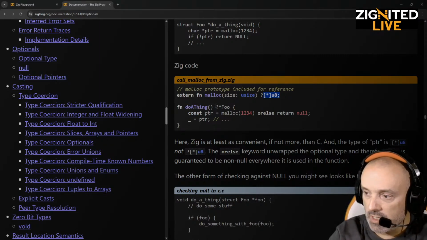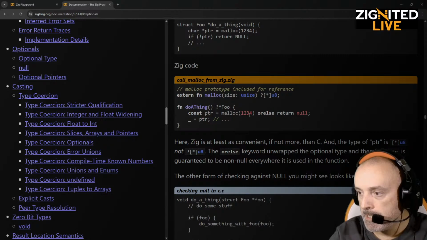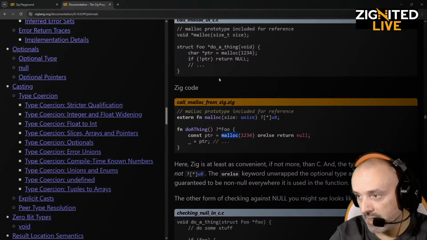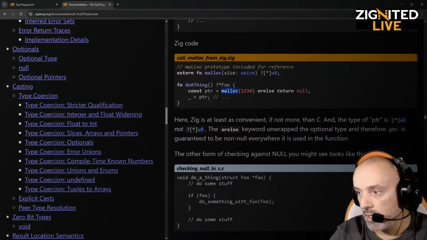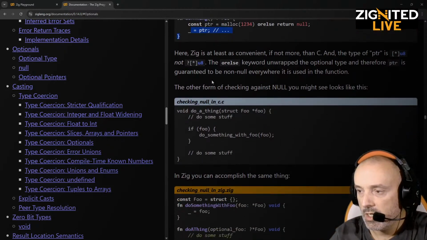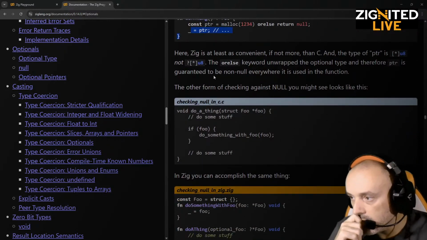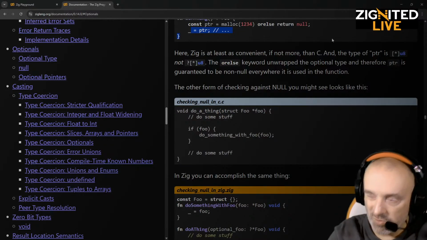Do a thing, okay, it's a pointer to foo type. Constant pointer equals malloc 1234. Yeah, I didn't play with this yet in Zig. In C I did it, but a while ago. Or else return null. And then they dump the pointer, okay. Here Zig is at least as convenient, if not more than C. And the type of pointer, so I guess it wasn't the point